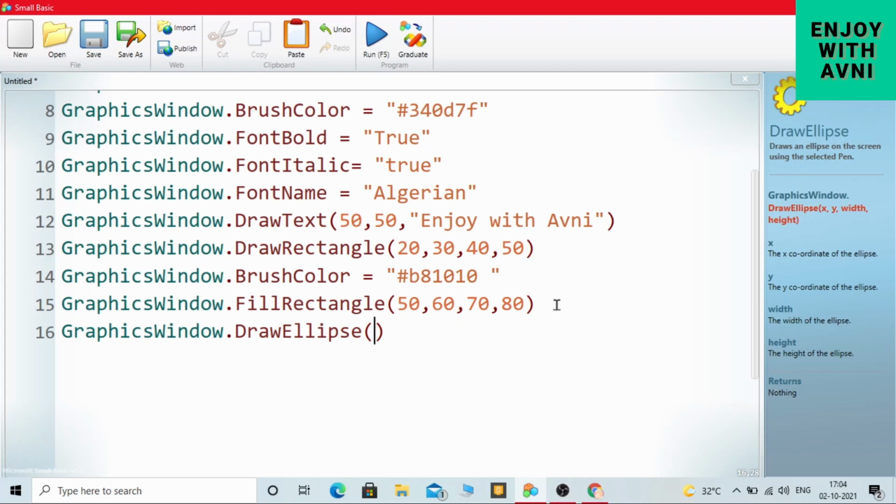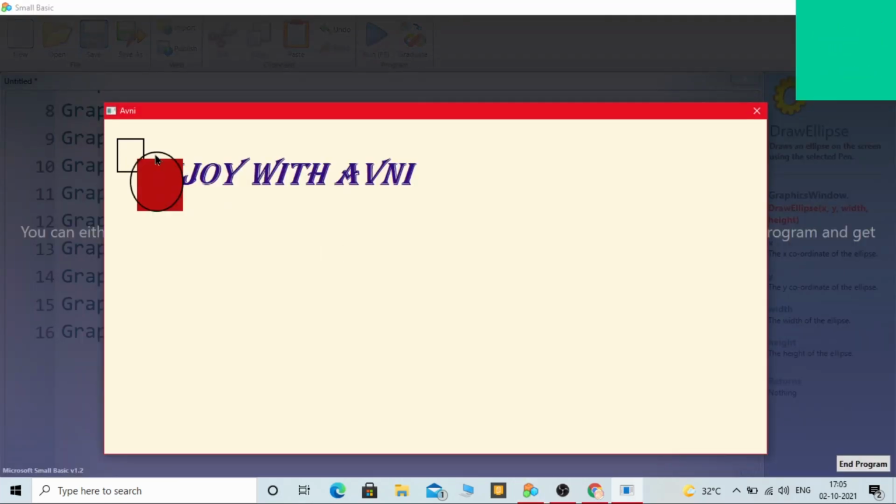Let's write, suppose, 40, 50, then 80, and here 90. See, an ellipse has been drawn over here.